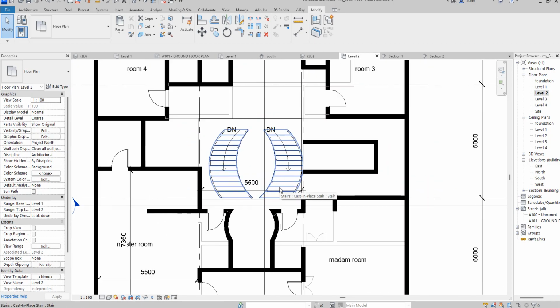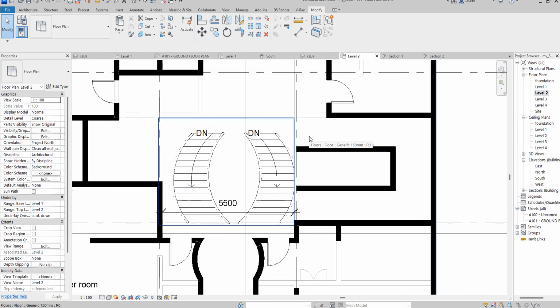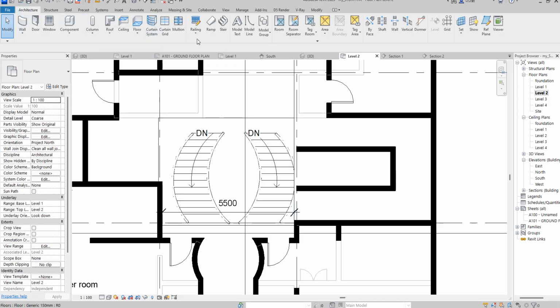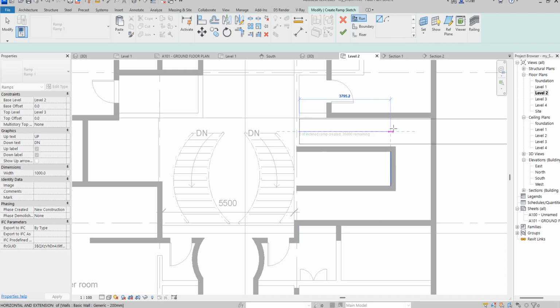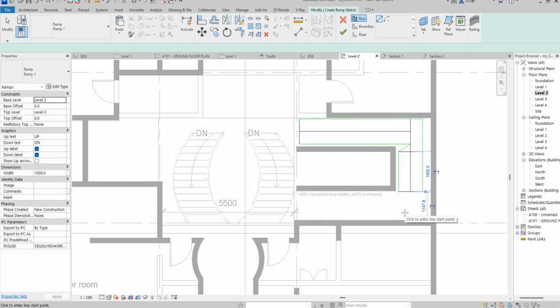Now the problem will be that in this ramp we are going to start moving from here. So you are going to start the ramp all the way from here. So what do you do? You come to architecture and you see ramp. When you click on ramp, the position where you want to start is what you do, but I'm not going to do the running aspect like the normal one that I used to. You can do it this way. Come here, then start again, drop it here, then start again,